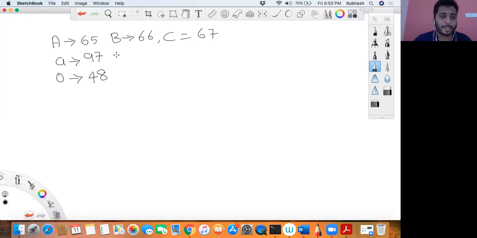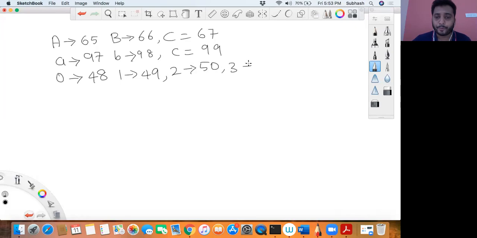If small a is 97, small b would be 98 and small c would be 99. If 0 is 48, 1 would be 49, 2 would be 50, 3 would be 51, 4 would be 52, 5 would be 53, and 6 would be 57.